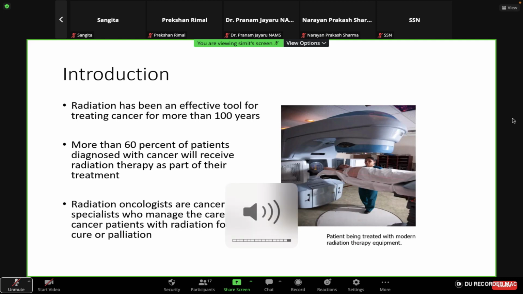Old technique of treating cancers. It has been effective for more than 100 years. And if you see the data from IAEA, around 60% of patients diagnosed with cancer will receive some form of radiotherapy as part of the treatment. So radiation oncologists, like me, are cancer specialists who manage the care of cancer patients with radiation for either cure